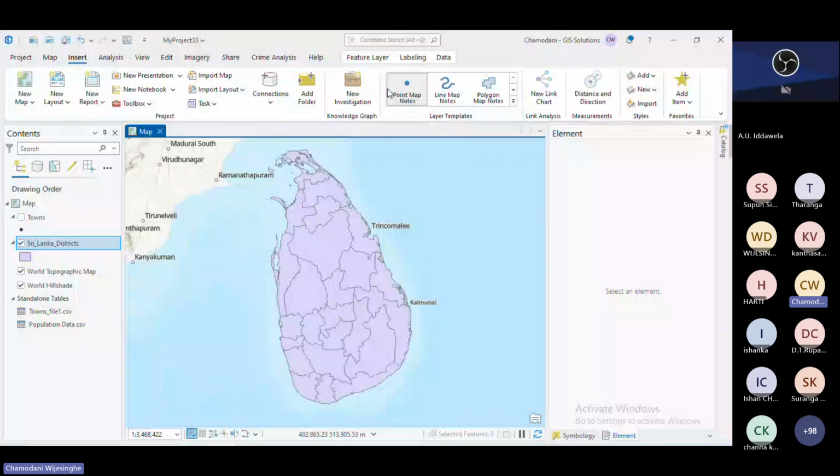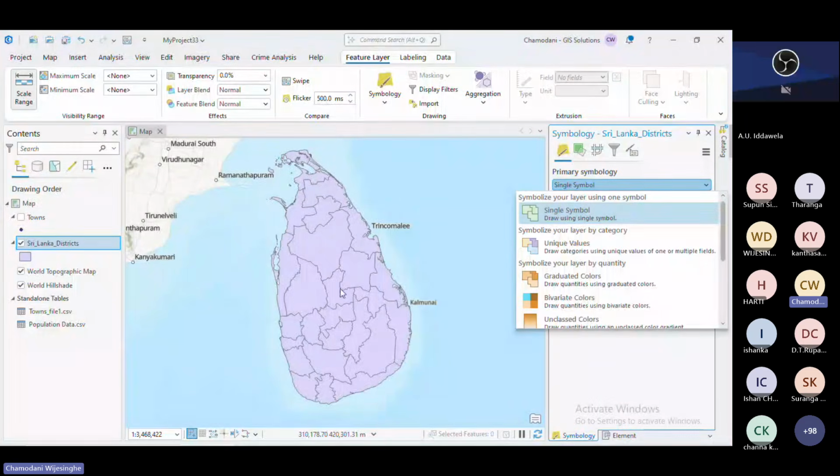Is it numeric data, right? Yeah, so we want to show this population data as classes, right? As classes. So then we can go to the quantity symbology, by your layer by quantity option. Then I'm going to select this graduated colors option, right? Then you can select the field. I'm going to change it to total population,